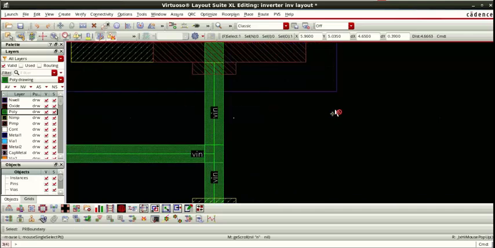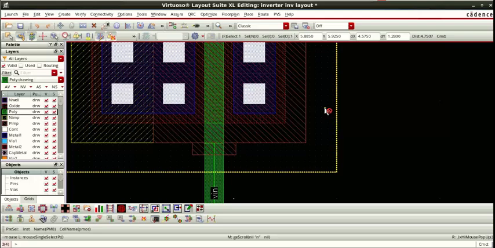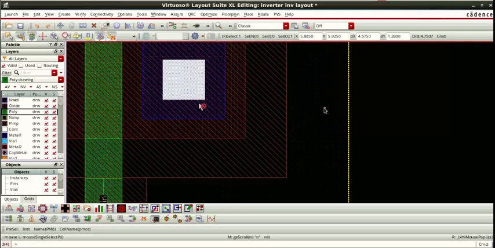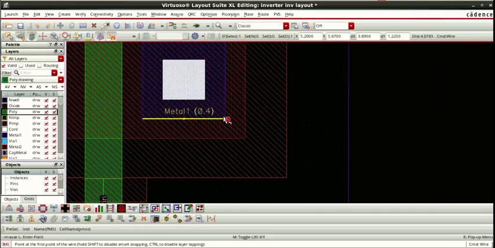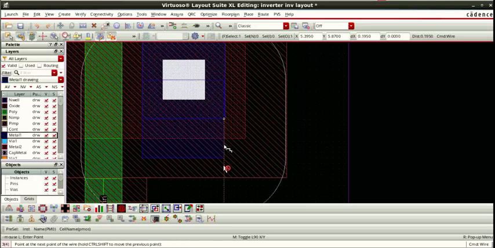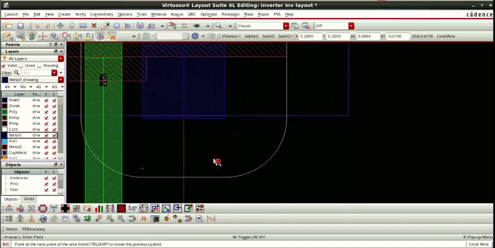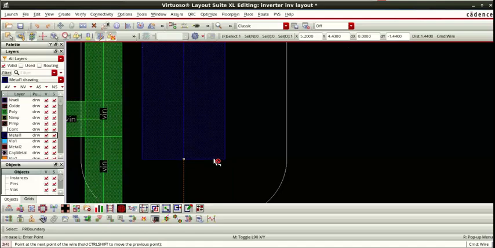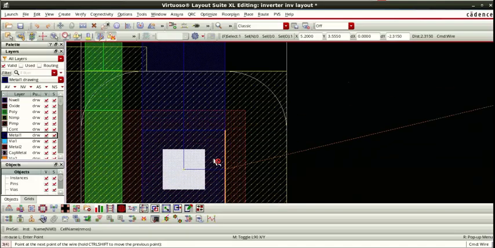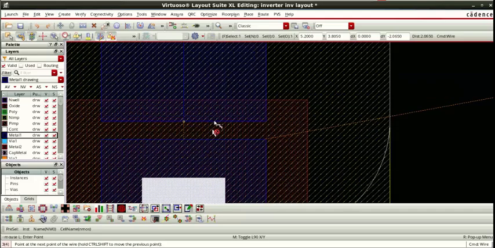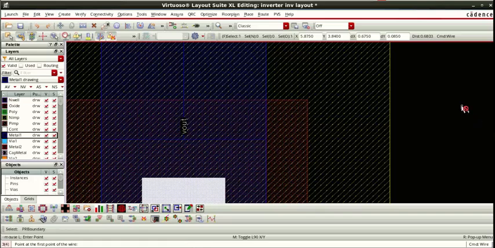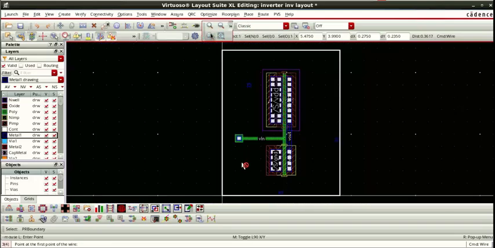Okay. So I zoom out, little zoom in. Now same, press P for path. Now once we come here, metal one is showing, click this. Now simply move the mouse or use the keyboard to go down, and connect here. Zoom to see properly, this should not be a floating point, connected. Okay. Now this should be the correct one. So now we have connected drain to drain using metal.